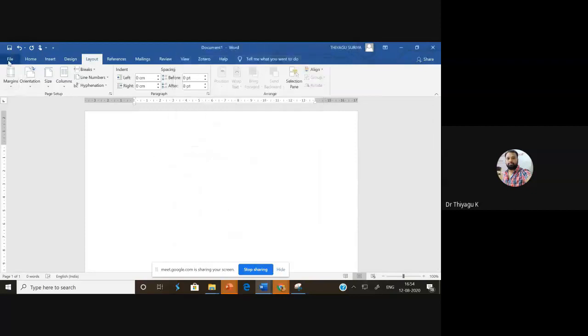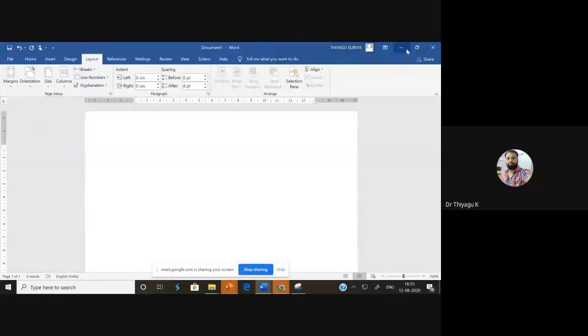This is called margin setup. For keeping the margin, we have to do this. So before typing any research article or report, kindly fix this kind of setup. Then only when you are typing, the alignment won't change. Otherwise, you are typing in a different way, and after typing 100 pages, if you go with this kind of page setting, the alignment may totally change. So whenever you are typing any research article or research report, first do this. These two things are important.